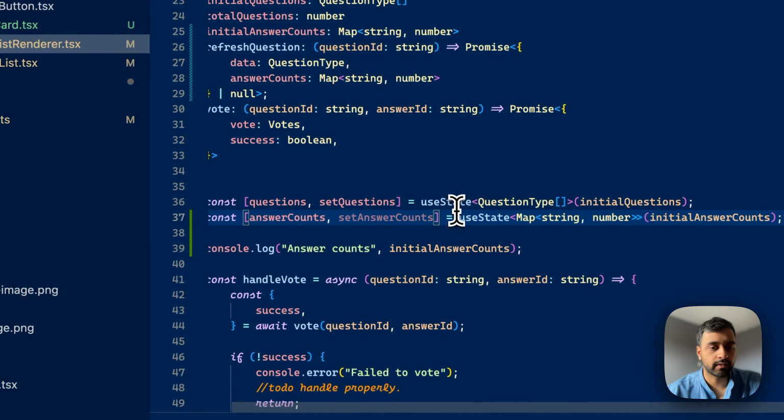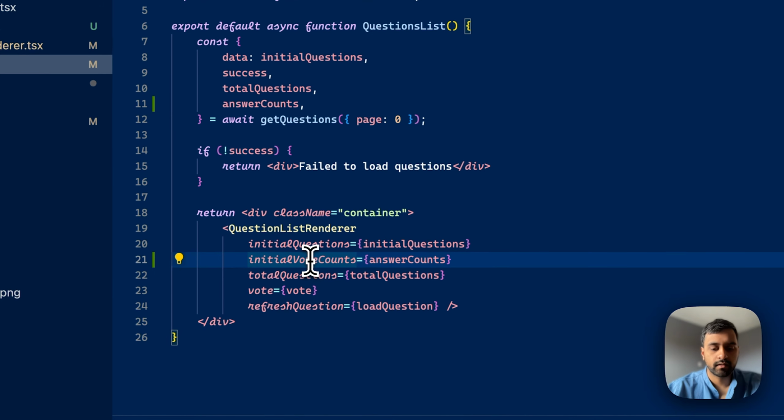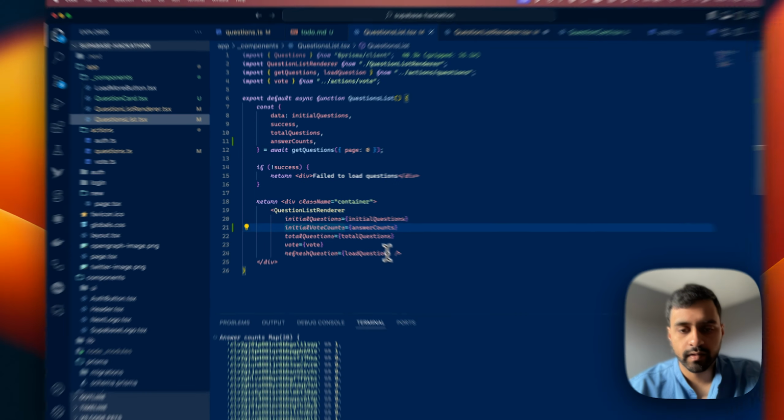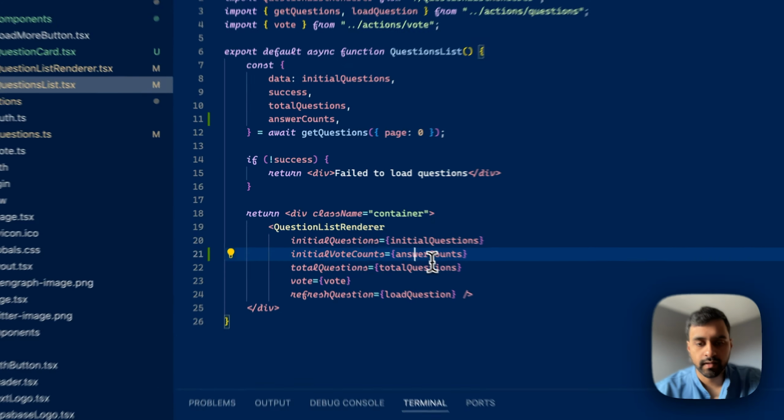And change this to initial vote counts. So remove this. Can delete that. And we'll do the same thing here. Initial vote counts. Okay, that's perfect. And here, vote counts. We can just remove this. We copy this and then